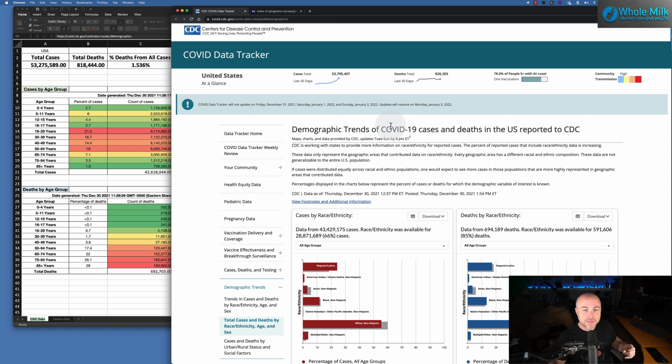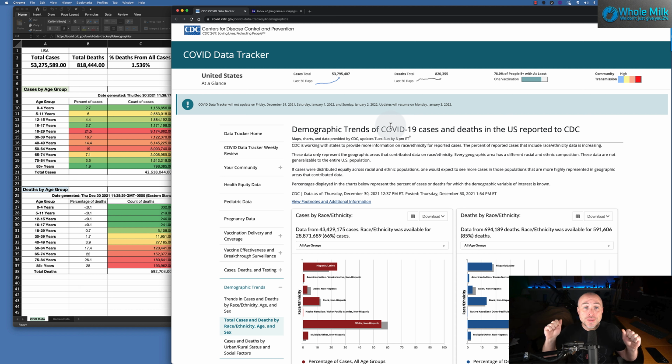I enjoy numbers. I enjoy Excel. And what I've done here is bring some things together, because in this great state of New York, they have little kids in masks, and there's no science behind it. They keep saying, let's protect the kids. We must protect the kids. Well, based on what I'm going to show you here, you make up your mind if COVID has any kind of impact on children and if we should have little kids in masks, because it's my opinion based on this data that kids have no risk. But that's for you to decide.